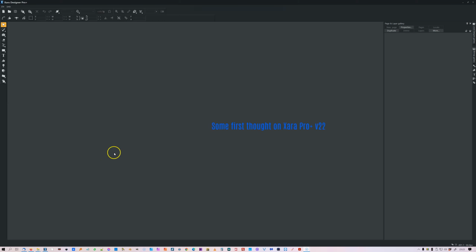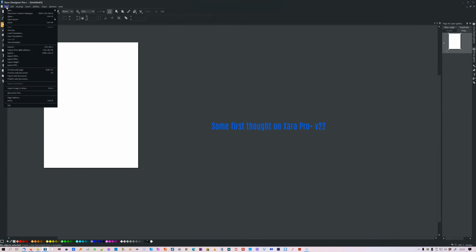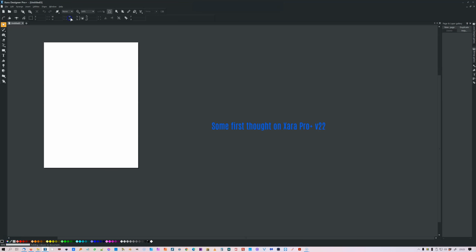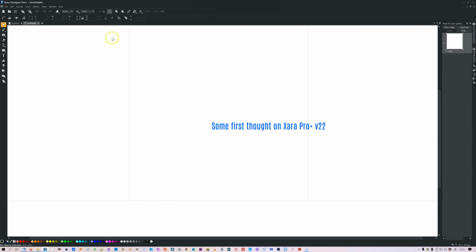Okay, here's just a couple of points I'd like to make about Xara now. Let me have a look. File, new, 960. Get that. And first and foremost, the most pleasant thing about this release is that I can now